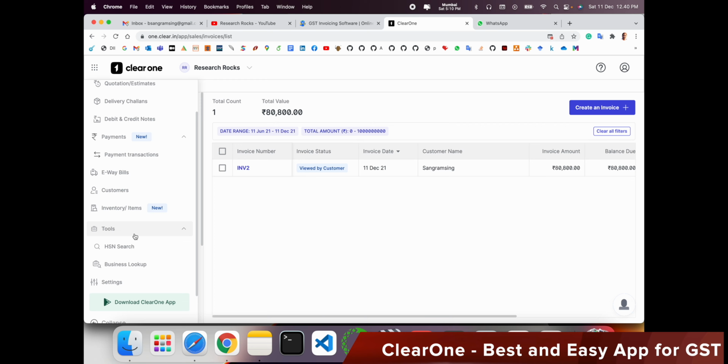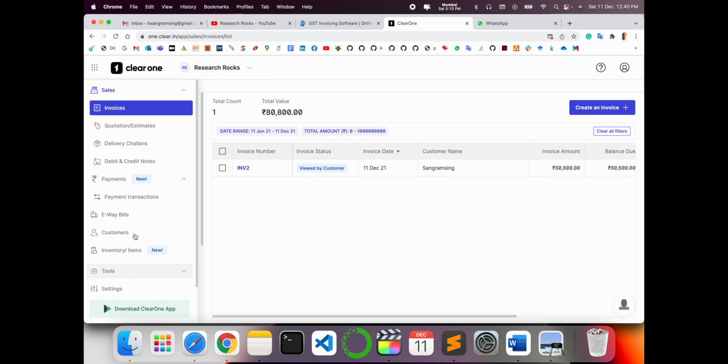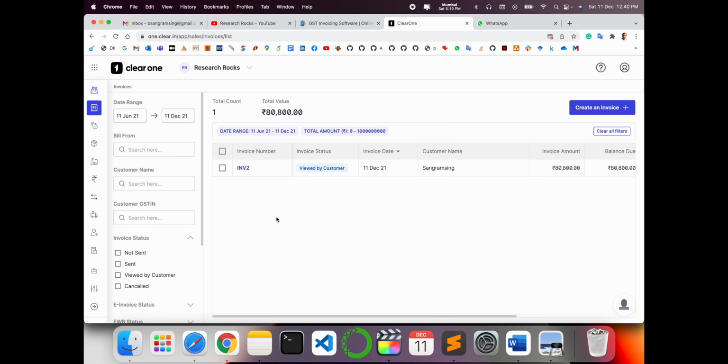In upcoming videos I will explore this application again very clearly, but this one is a basic video on how to find this application, how to register, and which types of features are available in the application. If you have any questions regarding this, I will help you as soon as possible.